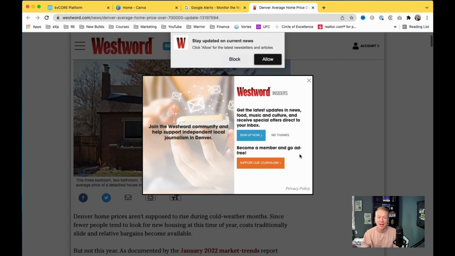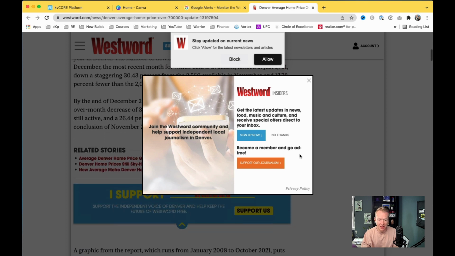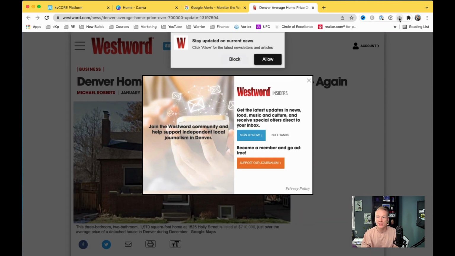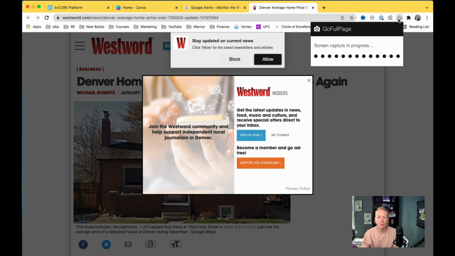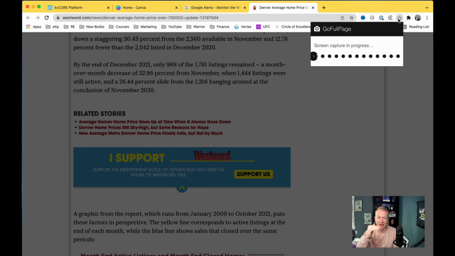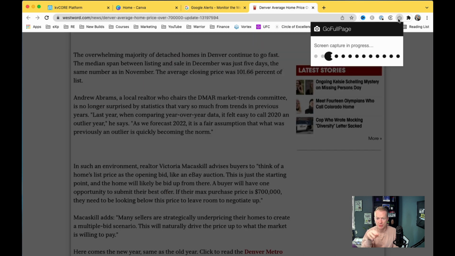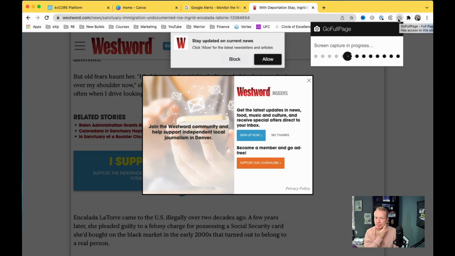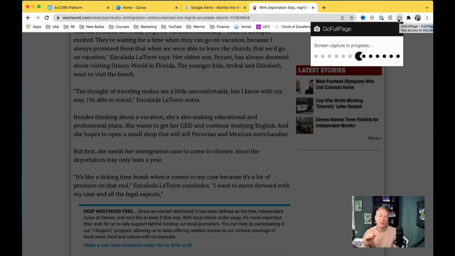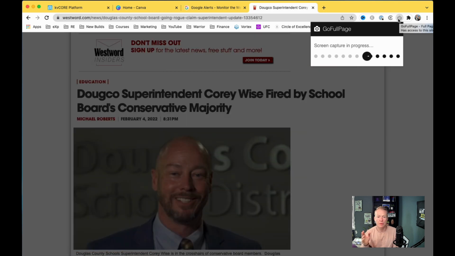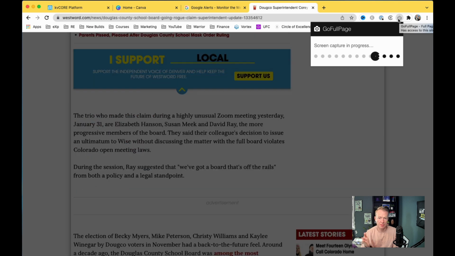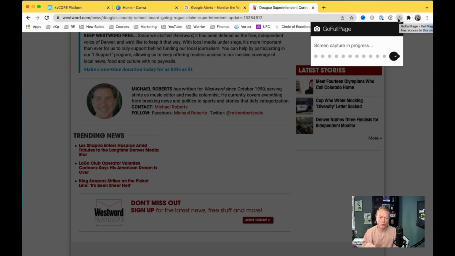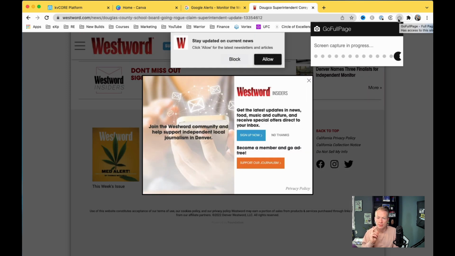So check this out. I can kind of read this article, but it's super annoying to have this up here. So I click on GoFullPage, and what it does is capture the entire screen. Now look, these pop-ups, see how it keeps popping up like this? Well, once I get the actual finished PDF here, it'll show me the entire article without the pop-ups. I don't know what it's doing here. This must be a really long page with a ton of articles on it. But you'll see here, when it's done,